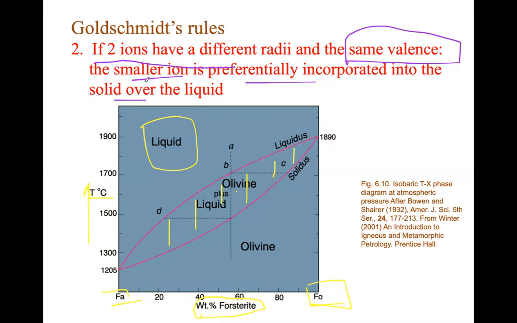So that can happen. When you have two ions that have the same valency, the smaller one will go into olivine, right? The small ion will go into olivine, and in the liquid phase, you will get the bigger one, irrespective of the compatibility or incompatibility, right? So that is the